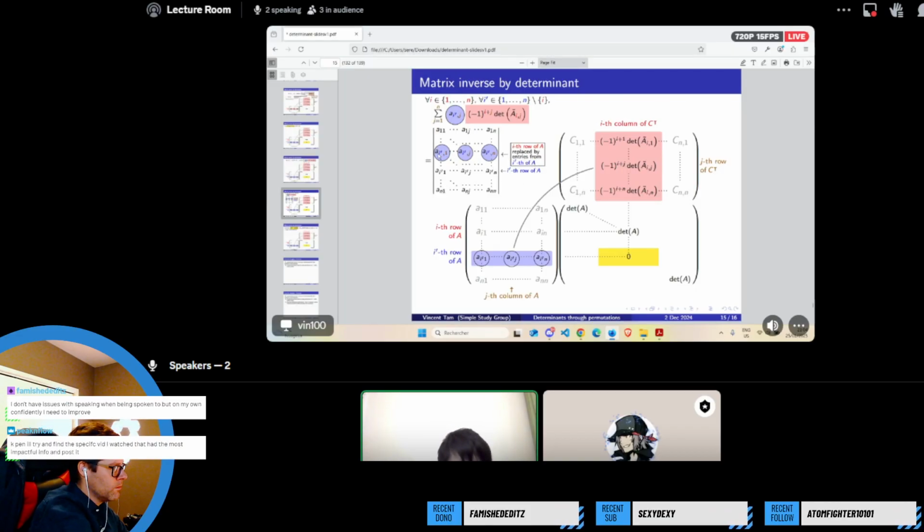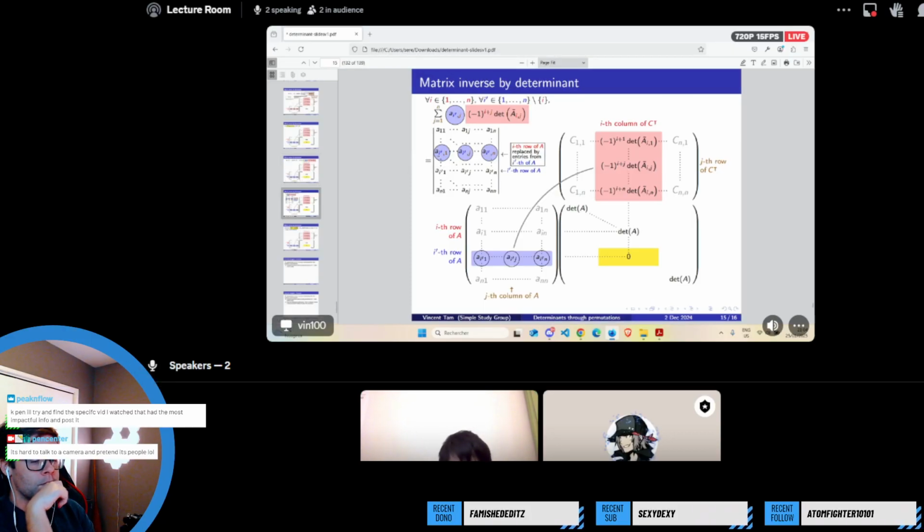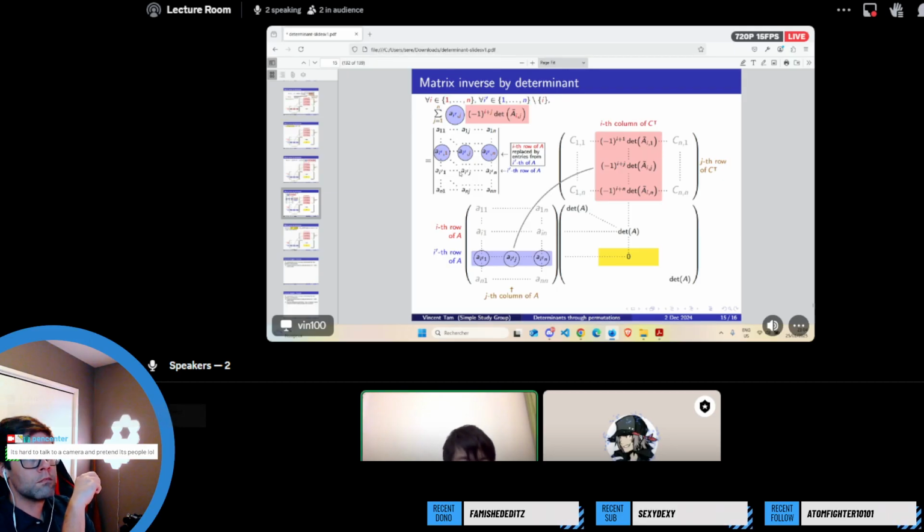And then since we have two same rows here, by the corollary of basic fact number 2, that is, swapping two rows alternates the sign of a determinant, and then now after alternating, two rows with the same entries, two identical rows, the determinant should be 0, right? This explains why the off diagonal entry of A C transpose should be 0.